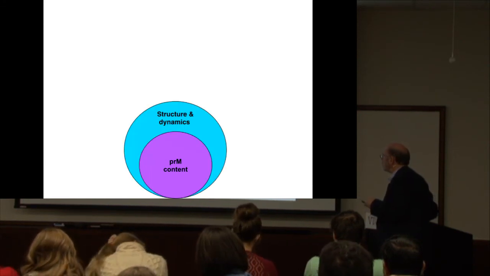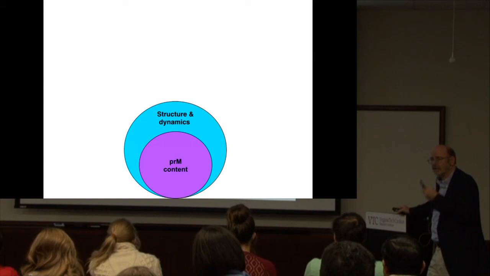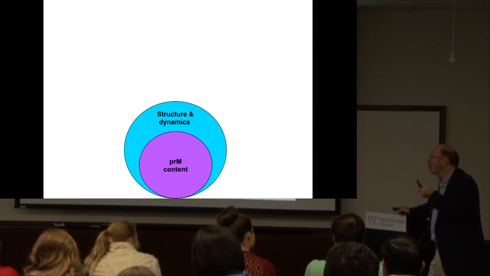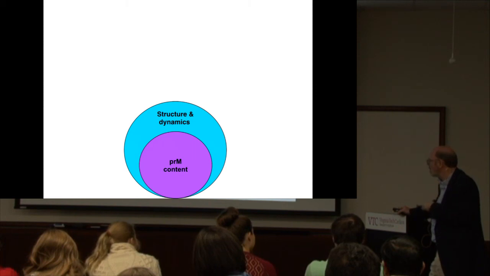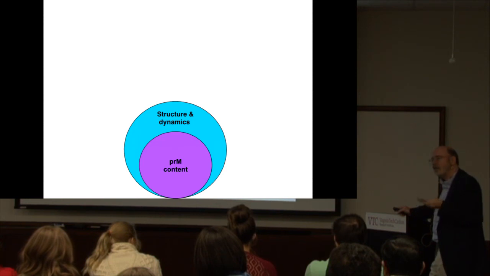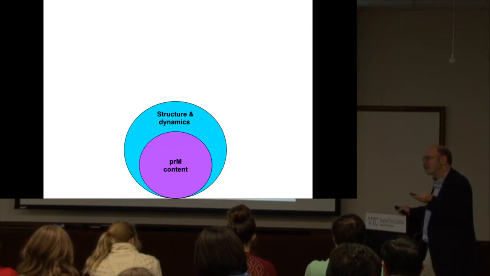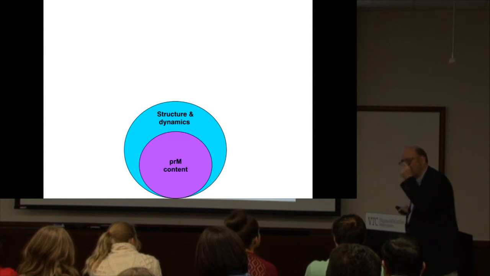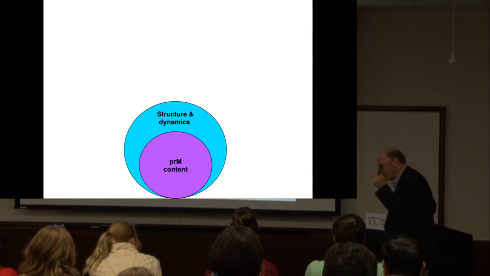And so let me just close by saying that this question of PRM content influences the structure and dynamics of the virus particle. Again, the surface of the virus can vary so dramatically depending upon the PRM content. And that's going to influence the structure. It's also going to influence the dynamics. And I didn't talk very much about the dynamics, but we think that that's a major factor. I'll just step back 1 second, and I will tell you that